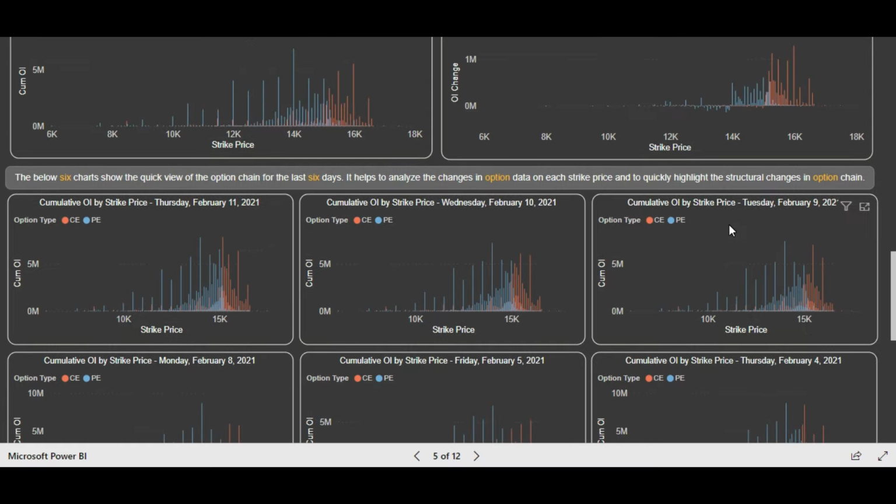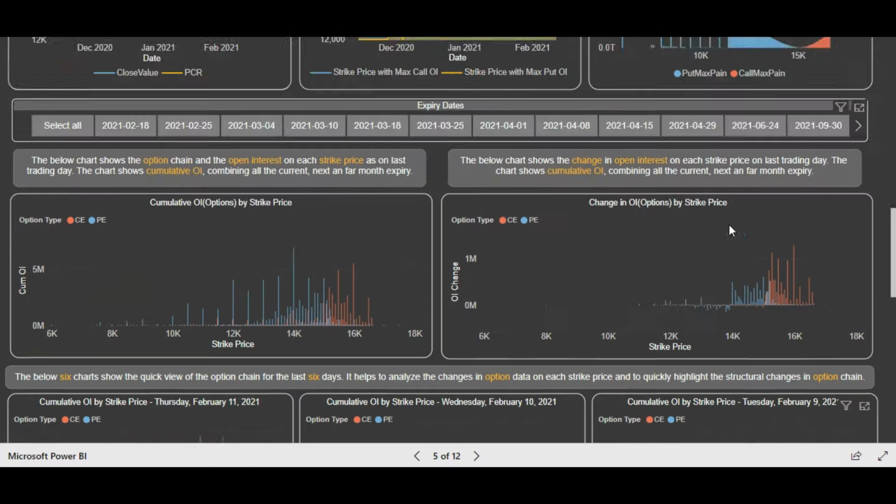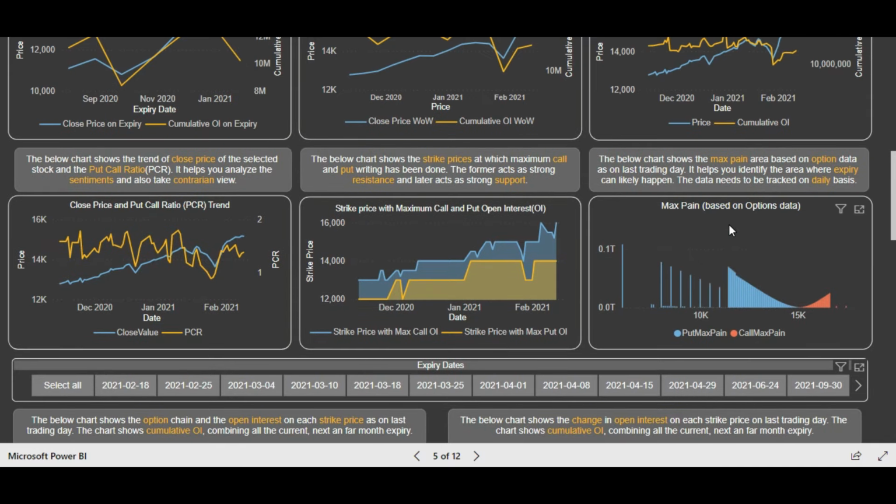But as I mentioned, you not only have to watch the option chain, you have to correlate the option chain with other indicators too, and those indicators are PCR and the futures data. Now friends, let us quickly take you to those indicators also. So you can see that this is the PCR trend.